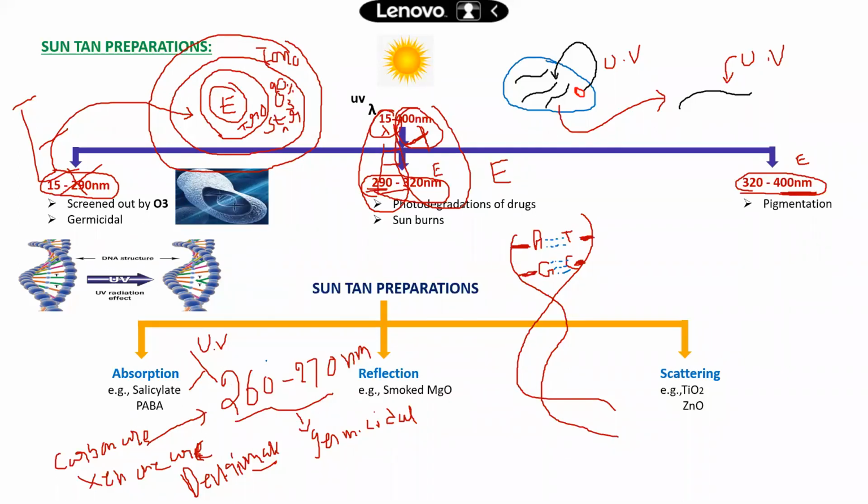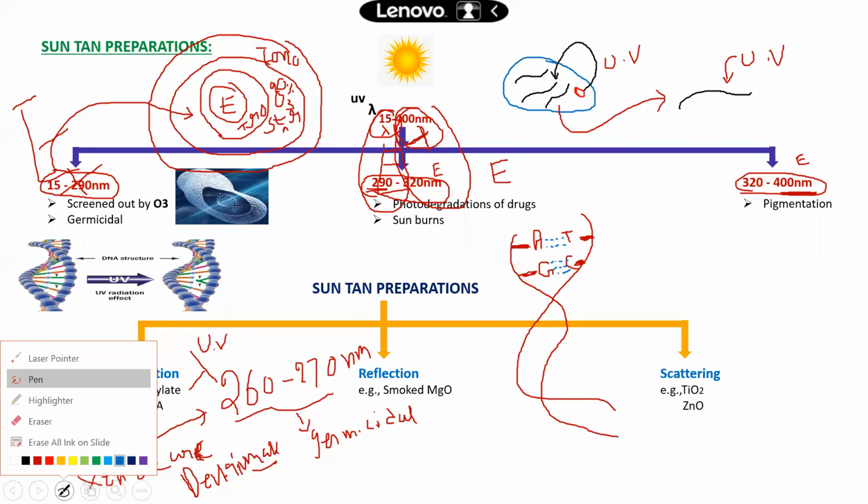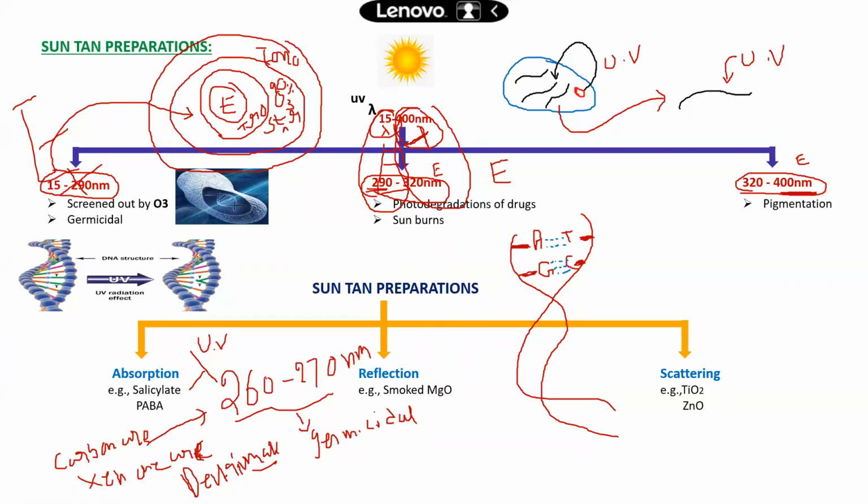Once you pass this UV radiation of 260 to 270 nanometer through this DNA, what happened? The hydrogen bonds will be overly vibrated. Why overly vibrated? You continuously pass the UV radiations, so the vibrations will continuously increase. Once the vibrations reach the peak stage, these bonds will break down.